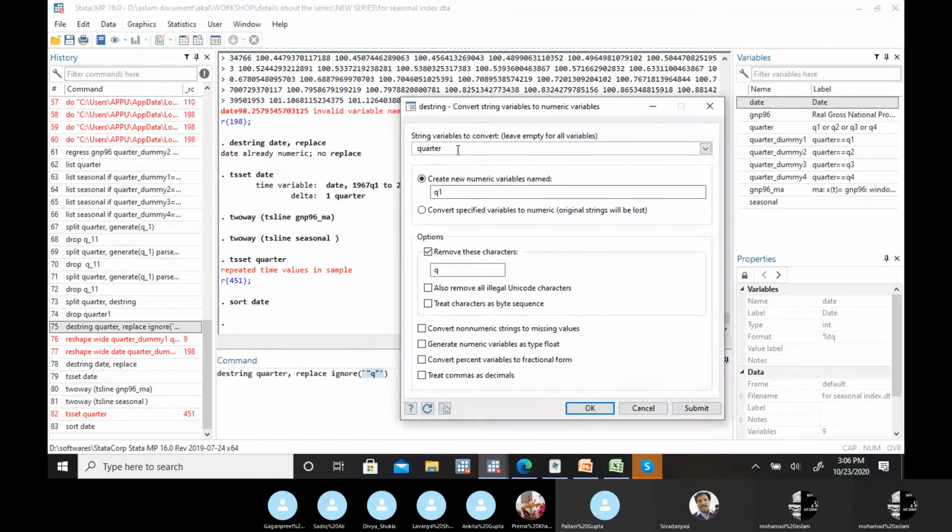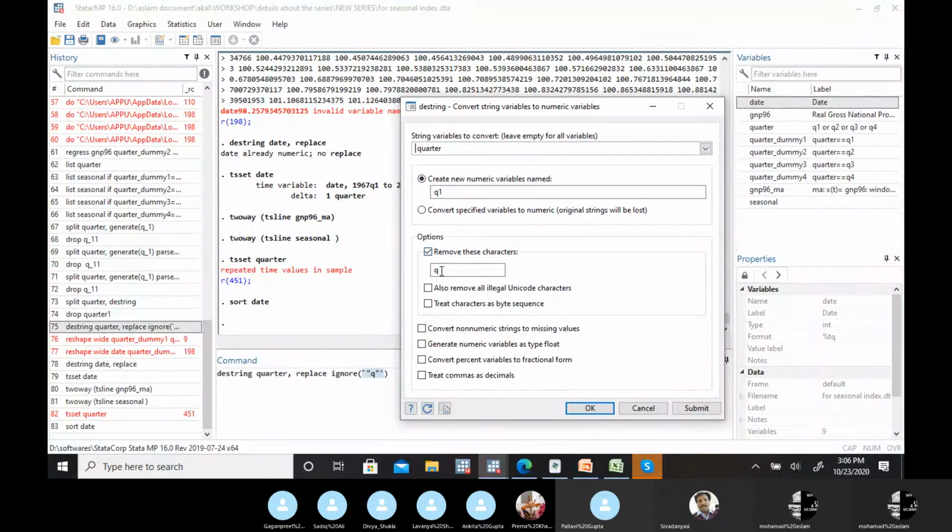Here, first the name of the variable, quarter, then create new numeric variables named q1, then remove these characters.